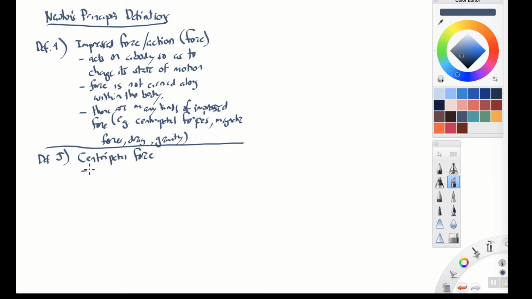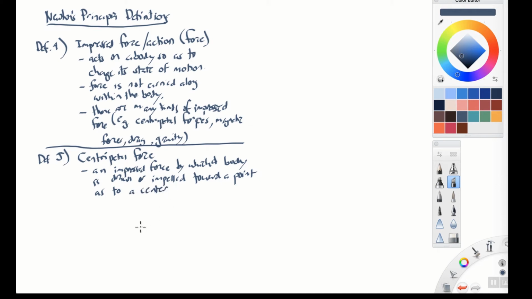A centripetal force is an impressed force by which a body is drawn or impelled toward a point, says Newton, as to a center. Okay, so for example,